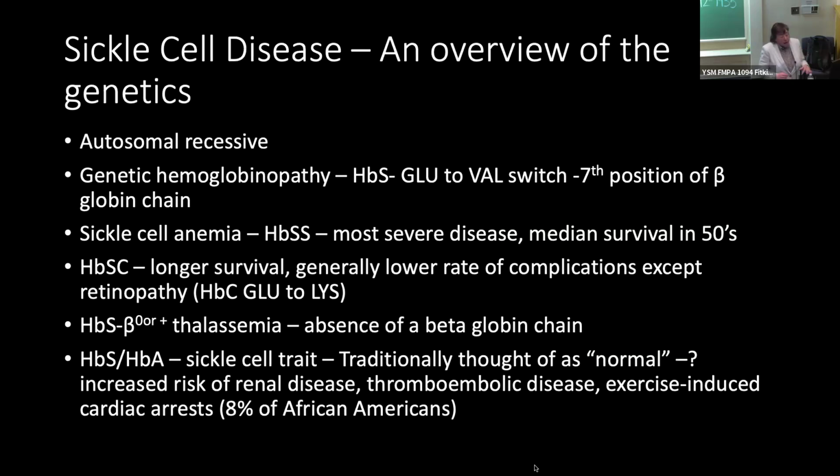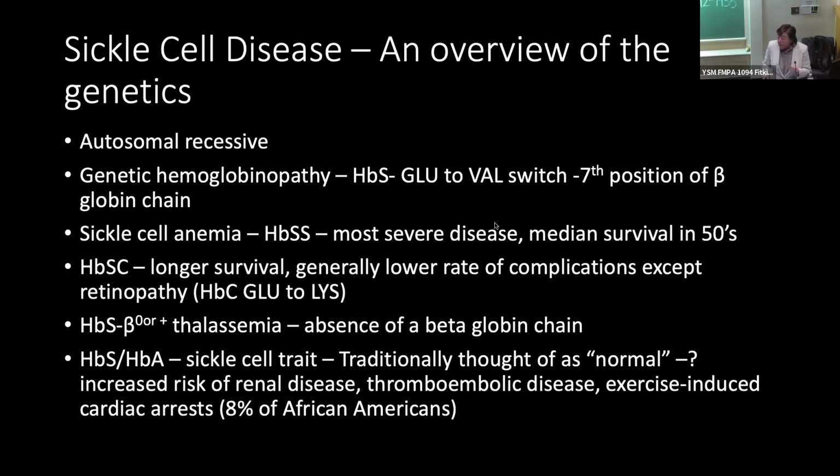I know my audience, and I am a full-fledged pulmonary and critical care physician. When I give this talk to our fellows over at Boston University, none of them have any idea about sickle cell disease. So we're going to start at the very beginning. Not that I'm assuming that that's where you're starting, but this is a genetic hemoglobinopathy. The genetic disease is inherited in an autosomal recessive pattern, and hemoglobin S is the gene of interest. This is formed by a glutamic acid to valine switch at the 7th codon of the beta globin chain.